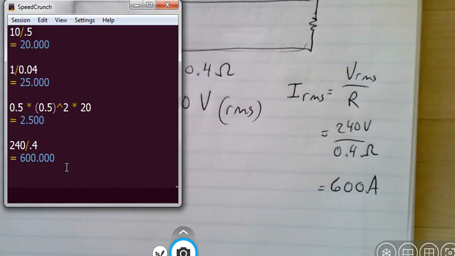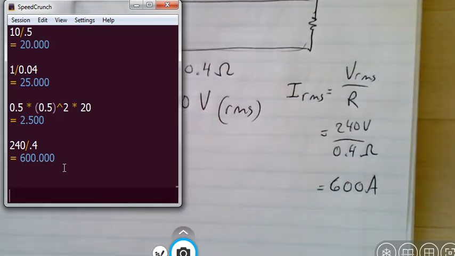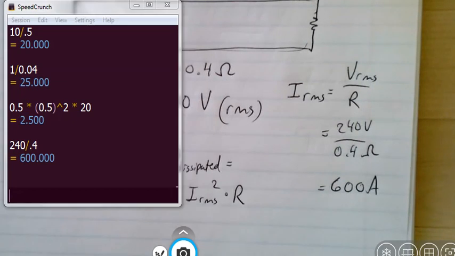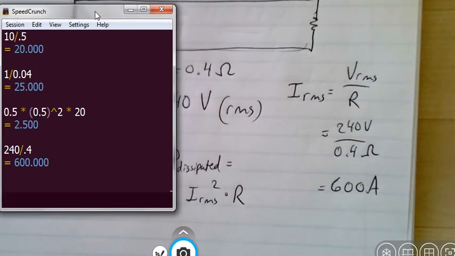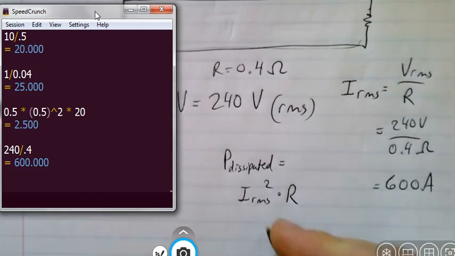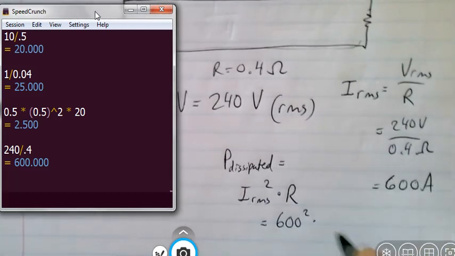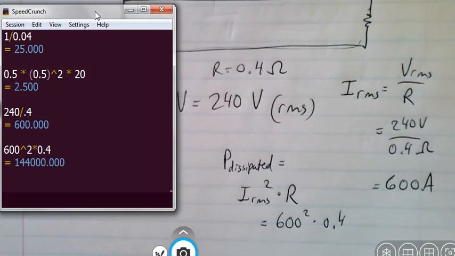And so one thing that we can use, based on our previous analysis, is that the power that's dissipated is going to be equal to I squared RMS times R. So if we plug those numbers in, 600 squared times 0.4. Wow. We see that there is a lot of power that's dissipated in this resistor here. So now let's take a look at a different situation, which is actually